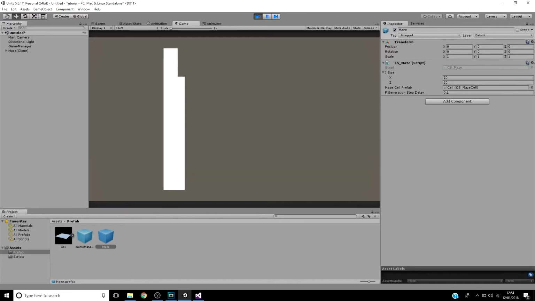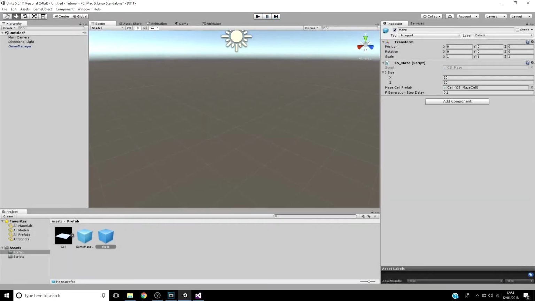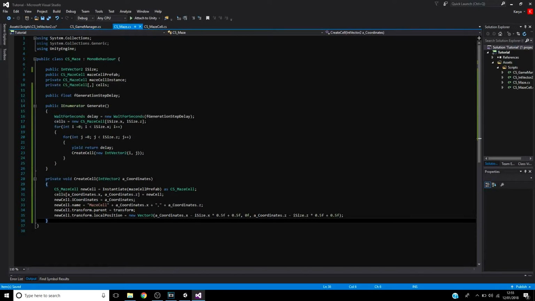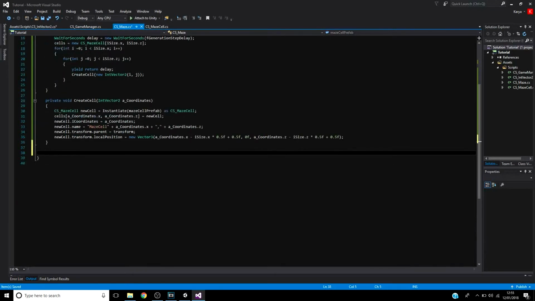However, we want the maze to be randomly generated, and this is obviously not. So it's time to implement Prim's Algorithm. So let's change the generate function so instead of a for loop, it goes through random coordinates. To make this work, we need to add a random coordinate property to the maze that produces coordinates inside of it. So we create public IntVector2 random